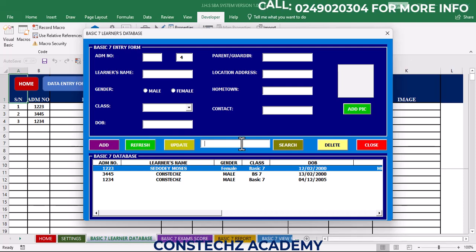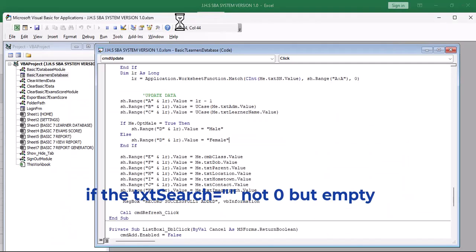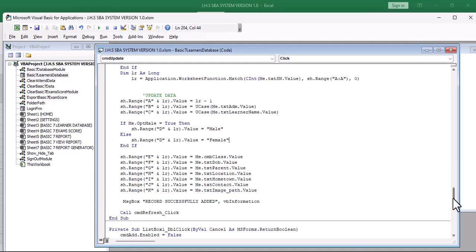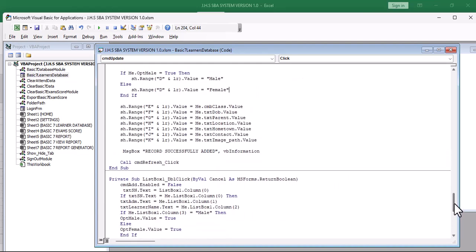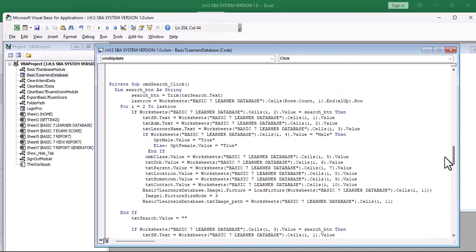If I want to search, I'll type the details over here. We can write a line of code and say if the test box is 0, it should prompt the user to enter the admission number. You can add it, and I believe it's a way of learning. So I want you to do that assignment for me. Go to the search button, locate the search button, and then